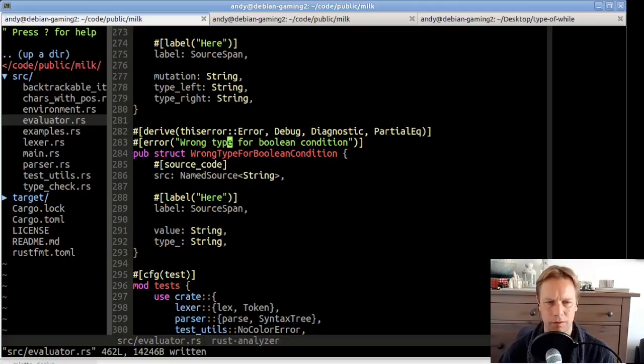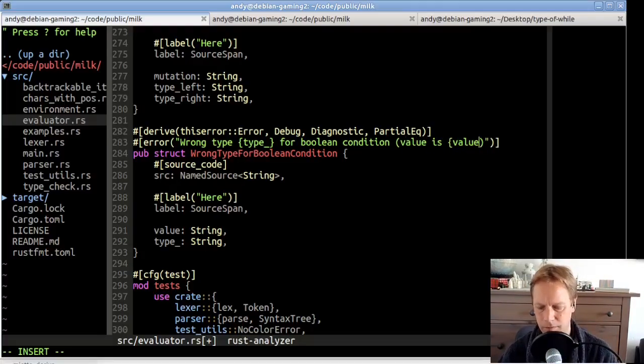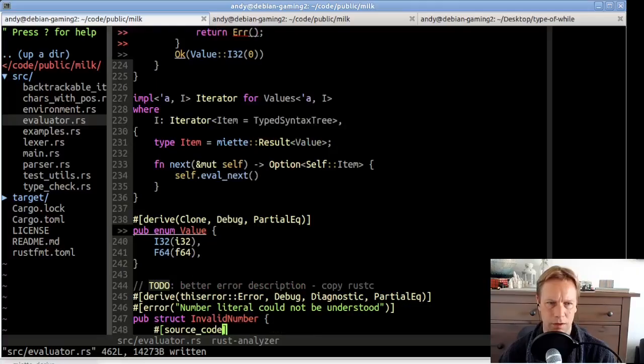So here we're going to say wrong type, type, Boolean condition. I guess we'll just say value is, something like that. So now when we get this error, we're just going to say the wrong type. Let's say this was a string. We're going to say wrong type string for Boolean condition, brackets value is hello. Something like that. So let's use that